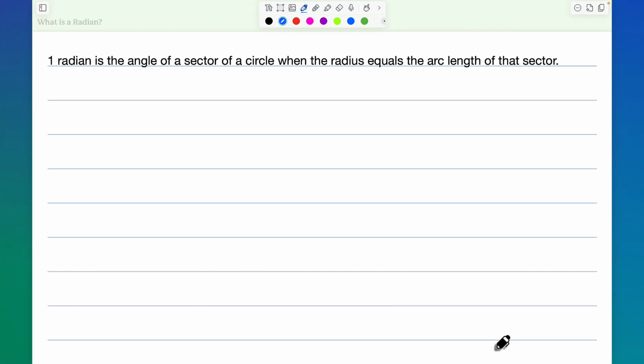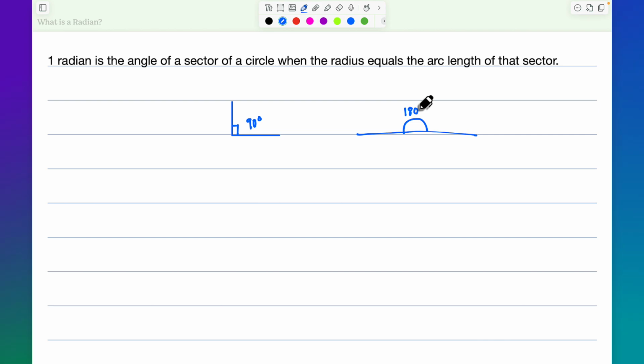In this video, we're going to talk about a new unit of measuring angles called radians. You should be familiar at this point with degrees. For example, if you have, let's just pretend, a perfect 90-degree angle, this is the right angle, so you know that this is going to be 90 degrees. If you have a straight line, we know that this is going to be 180 degrees